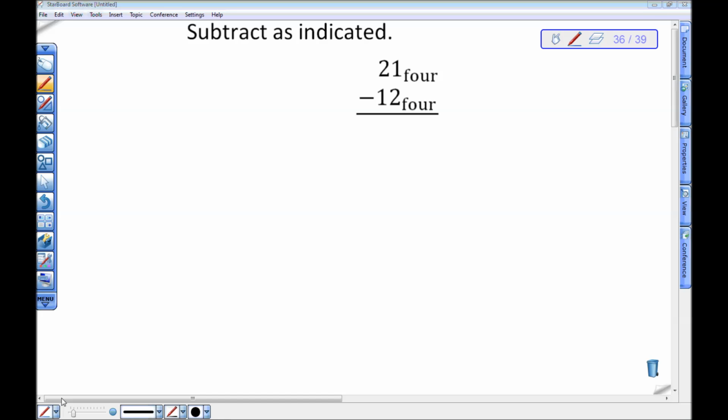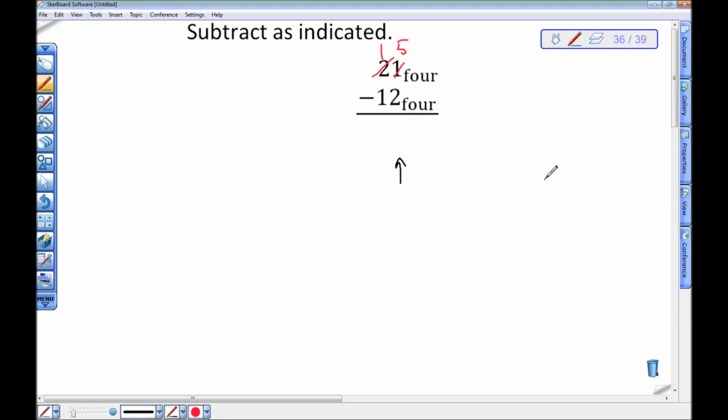I want to take 2, 1 base 4 minus 1, 2 base 4. Now, I'm going to start on the right, and I try to take 2 away from 1, and I see I can't do that. I see that I need to borrow. So I need to borrow one of these, and that's going to make this bigger. But since I'm in base 4, it's actually going to make it 4 bigger, and I'm going to write a 5